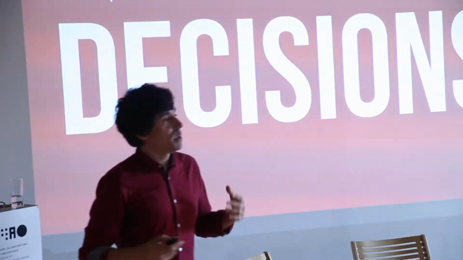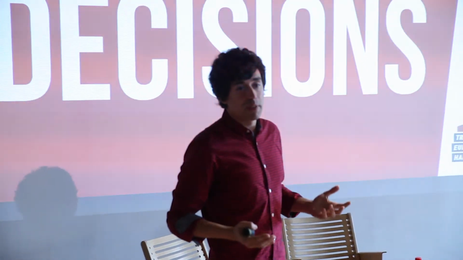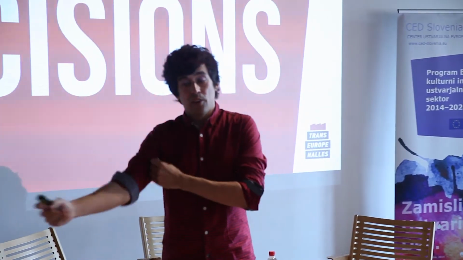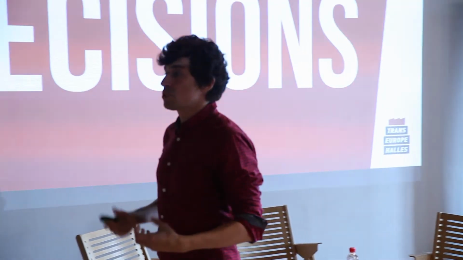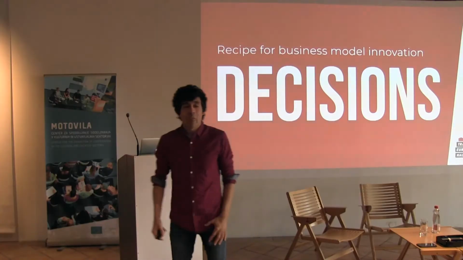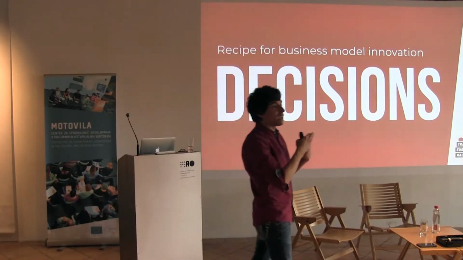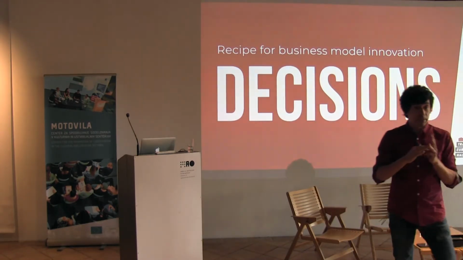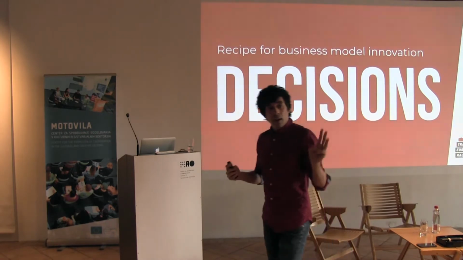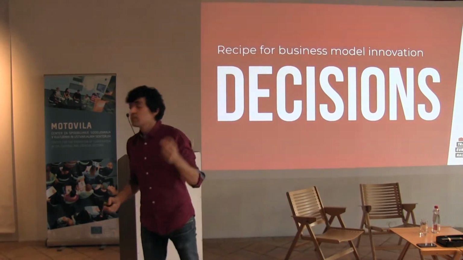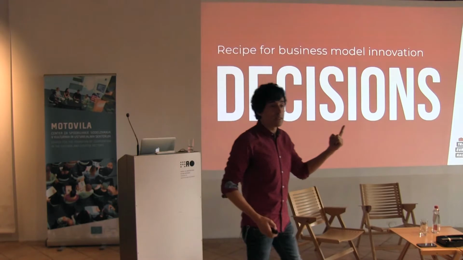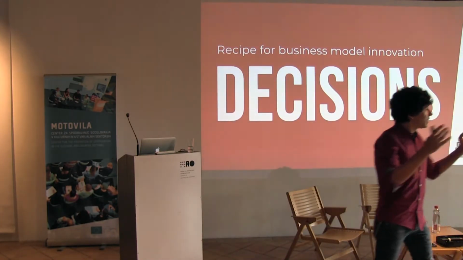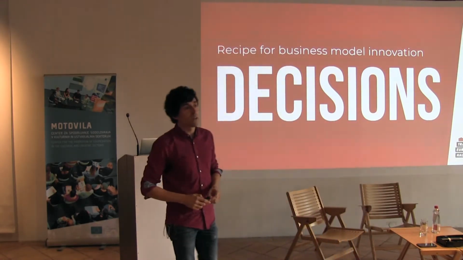But there is a methodology called the risk-driven business model innovation, which says that all innovations can be reduced to this keyword, decisions. So it's all about who is making the decisions, when the decisions are made, what type of decisions are made. How can you transform your business model? Just change who is taking the decisions, when the decisions are taken, and what type of decisions are taken. And that will bring it to a transformation, that's for sure.